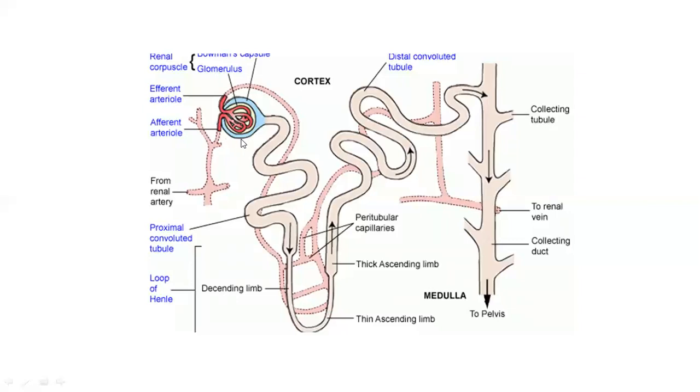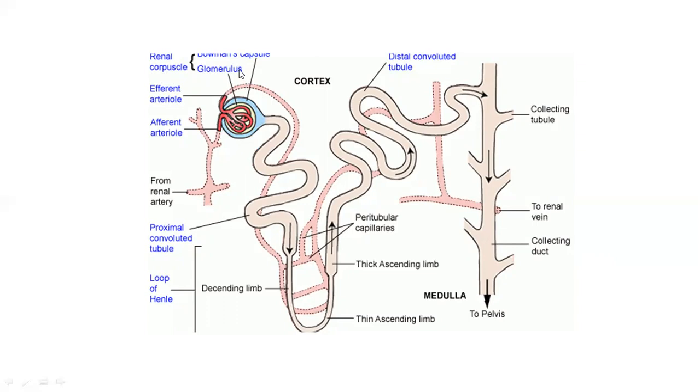Now, starting from the first part of the nephron, I have told you that the first part of the nephron is termed the renal corpuscle, this one. I have also mentioned that this one, where my cursor is moving in a circular form, is the renal corpuscle. Then we discussed that the renal corpuscle consists of two main parts.